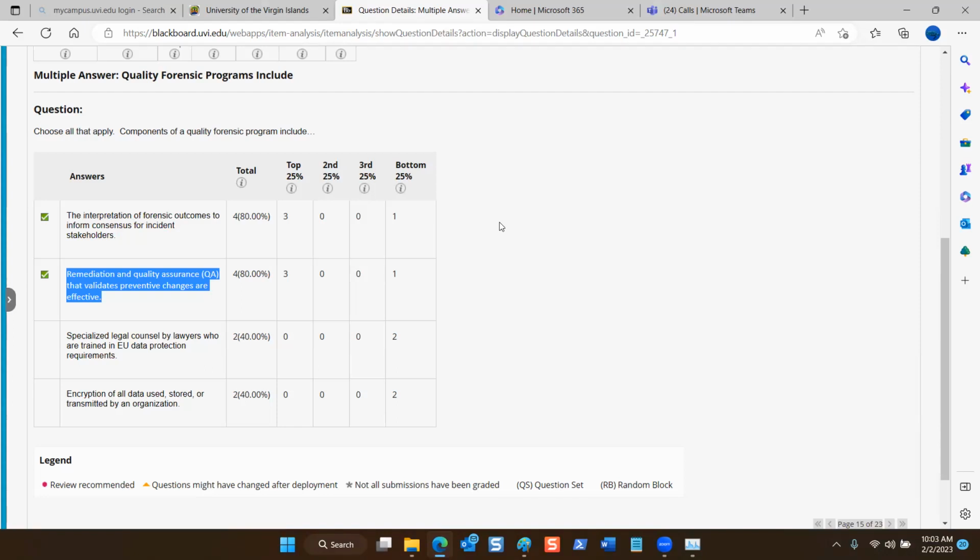And quality assurance, the word quality is no accident there. To have a quality forensic program, there has to be a component that addresses the notion of continuous improvement, right? Now, other answers chosen